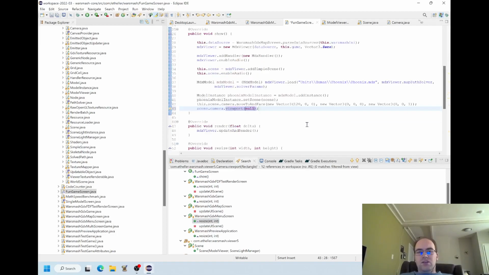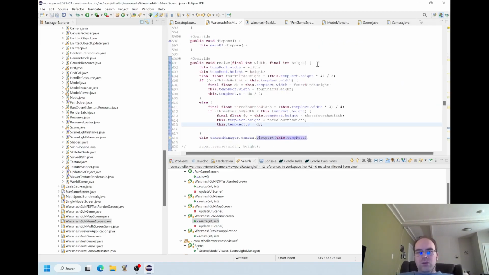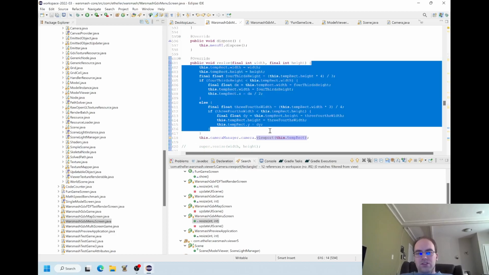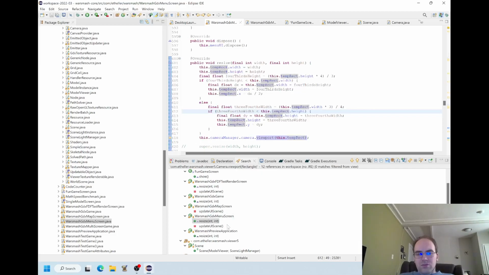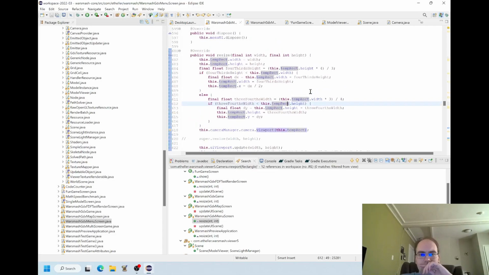Oh, yeah. Okay, so all this temporary rect nonsense that was going on in resize, this is some gross boilerplate, and we should probably fix that. But if you look at it, what is all that? That's a broken lot of hoopla.